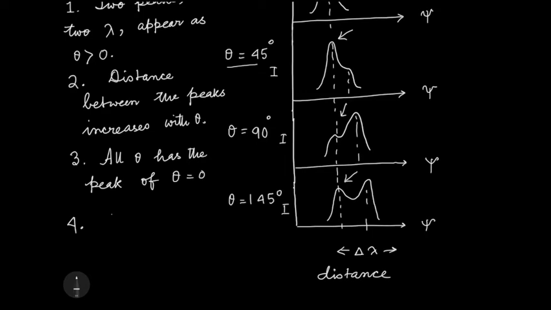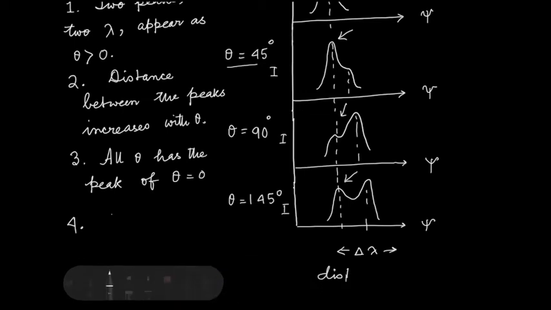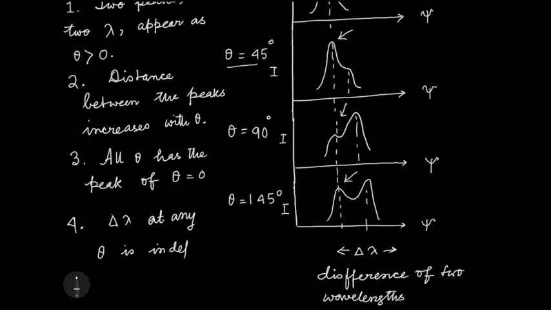That difference between them I am calling delta lambda. So delta lambda at any theta is independent